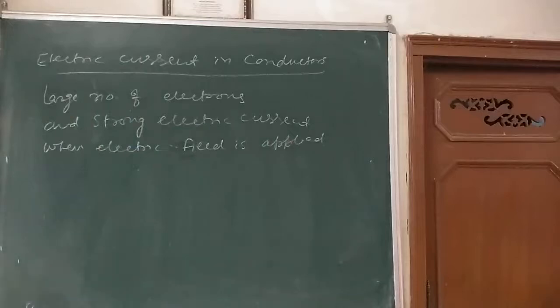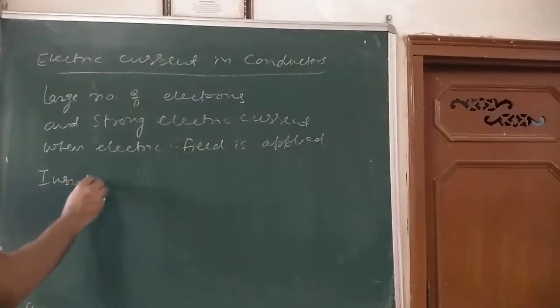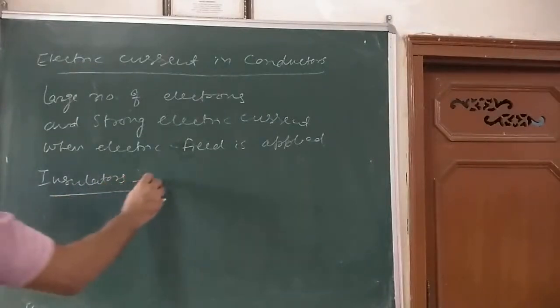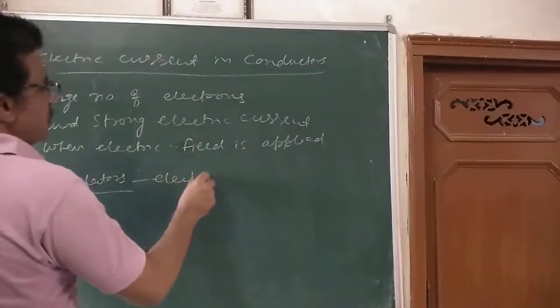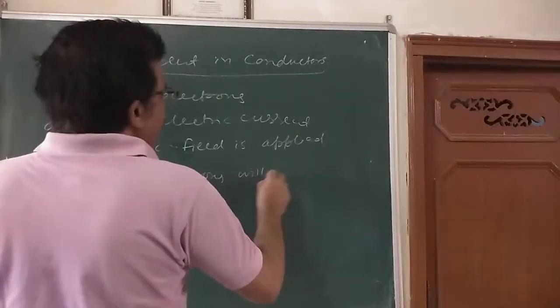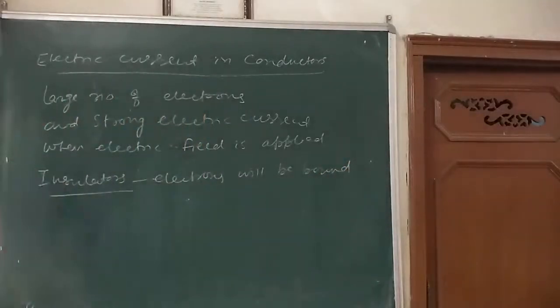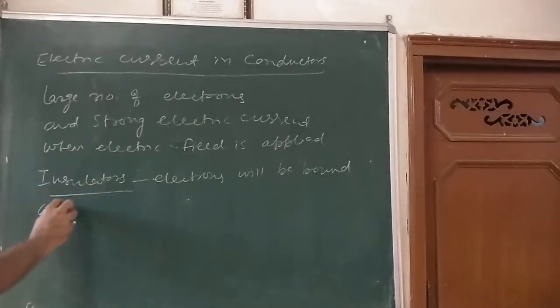So these are the current carriers in conductors: electrons. Then what are the current carriers in insulators? Insulators are those materials in which the electrons are bound. They are not free in this type of material, and they will not be accelerated,